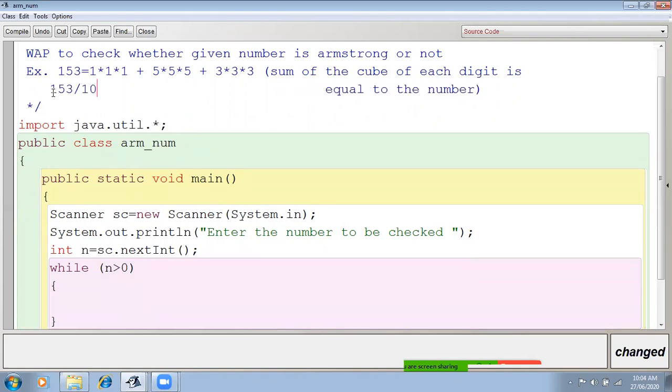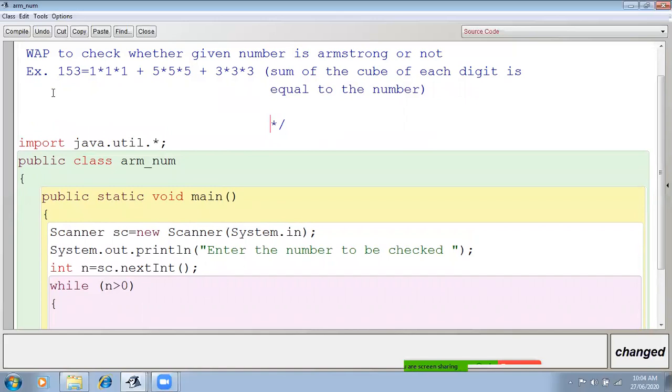If you write 153 divided by 10, it gives me 15. And if I write 153 mod 10, then it gives me 3.